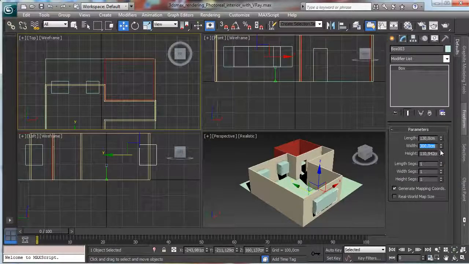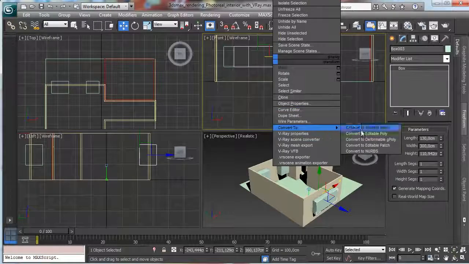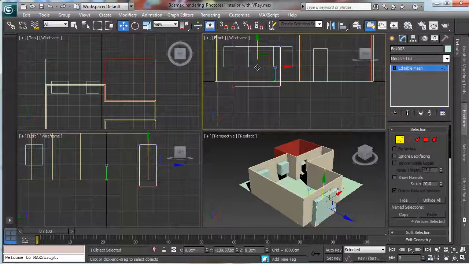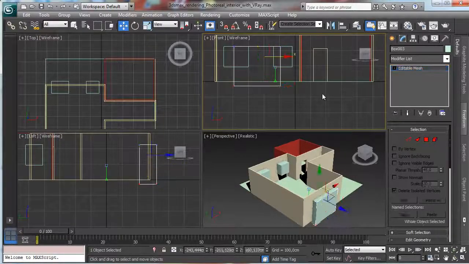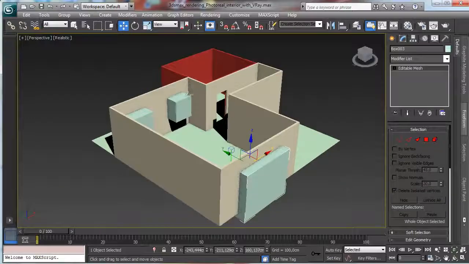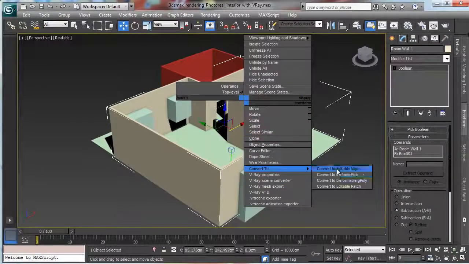And this one will be obviously higher, but it will be higher on the back, so we like to have it in a good position. Then we can convert to editable mesh, and we pick those vertices and we put it there. So let's save, and let's start to make the right hole in the mesh. So convert to editable mesh,